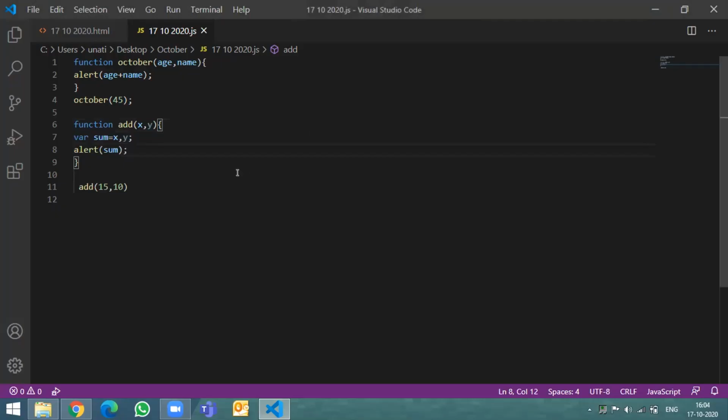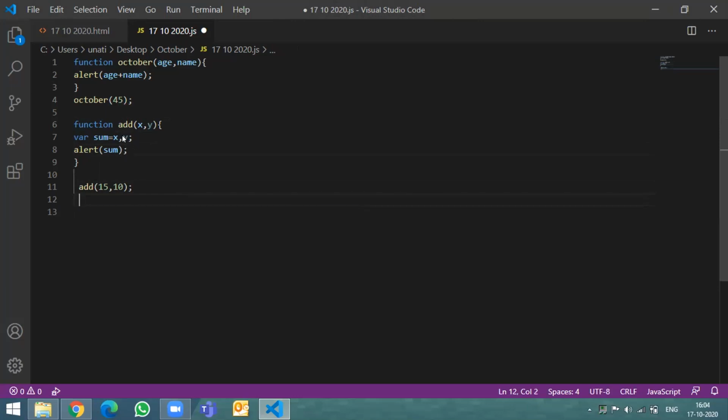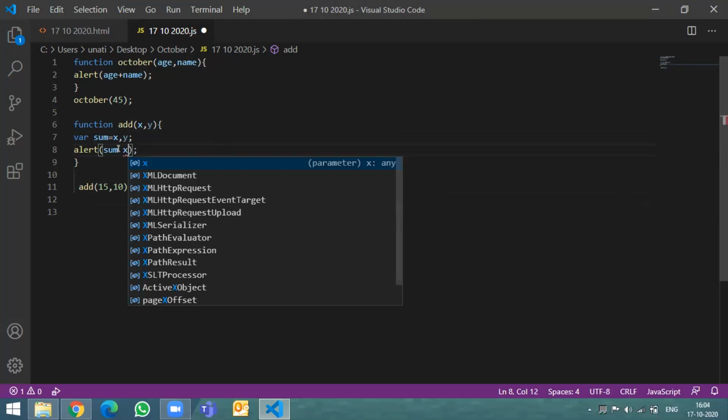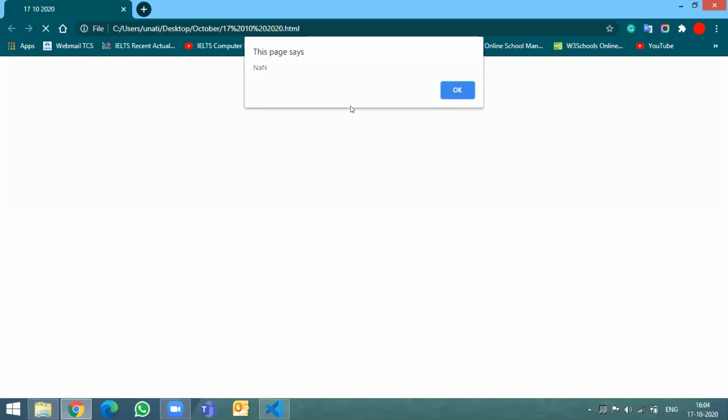Working now? Put a semicolon on line number 11 also. It shows 15. Show me sum, X plus Y, right? Not over there. When you say var sum is equal to x plus y, you are adding those two numbers and storing it in a variable by name sum.